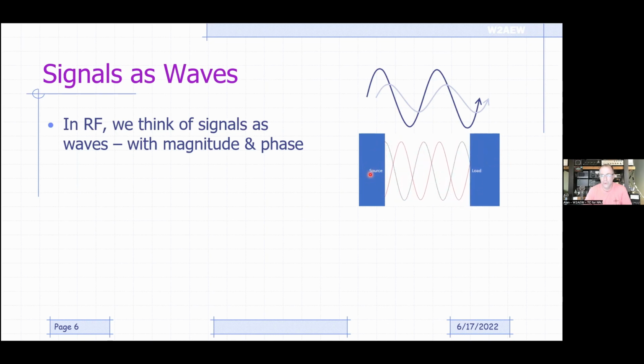So let's say we have a source like a transmitter here and a load, maybe that's an antenna. And you can see the load is getting gradually further and further away from the source. And what I'm picturing here is a signal coming out of the source. That's kind of the bluer colored line going up to a load and then creating a reflection that comes back. And you can see that the phase between the incident wave and the reflected wave, the red one, will change. It will depend on the distance between the source and the load. So it's just another way to kind of think about what phase means and why things like transmission line length can actually alter the complex impedance, because the phase changes depending on the length of that line with respect to